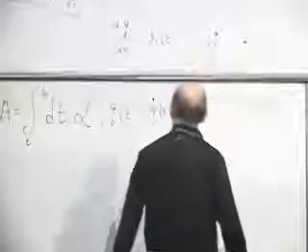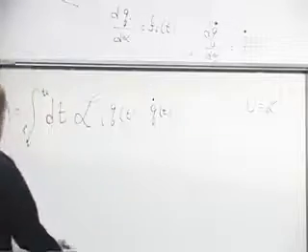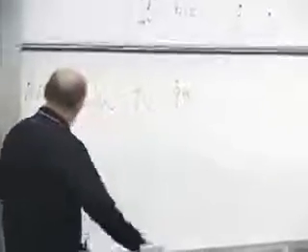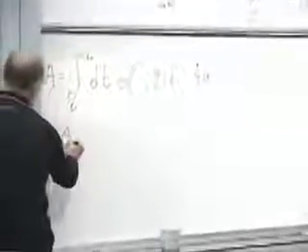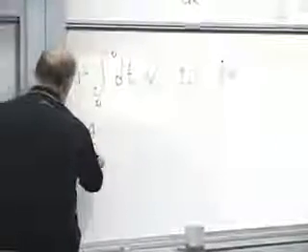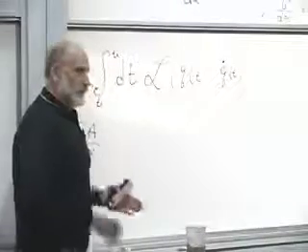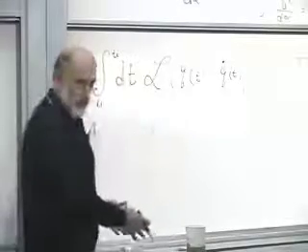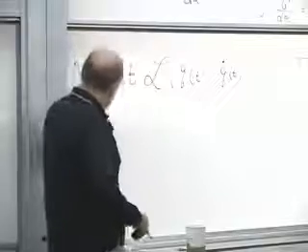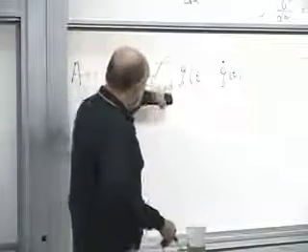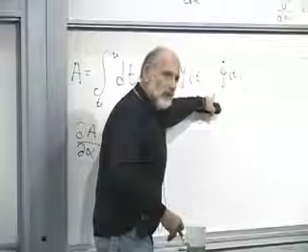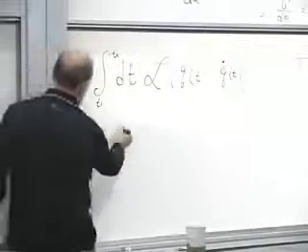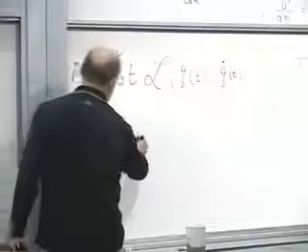Let's find out now how much the action changes. How much does the action change when you vary alpha a little bit? Let's just differentiate it, dA by d alpha. Keep in mind what an integral means. It just means a sum of terms. It just stands for a sum along the trajectory. So integral, dt, none of these things depend on alpha. The thing that depends on alpha is the q and the q dots. So how do we find out how much the action changes? Well, the integral is still there.